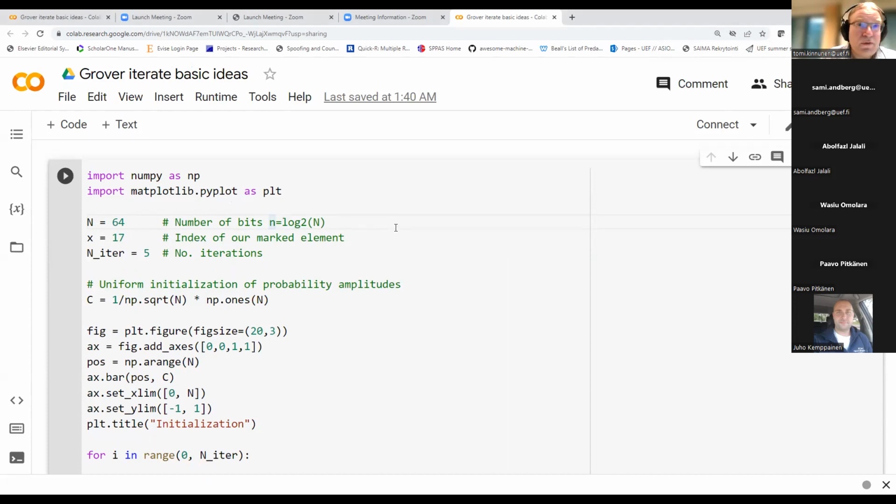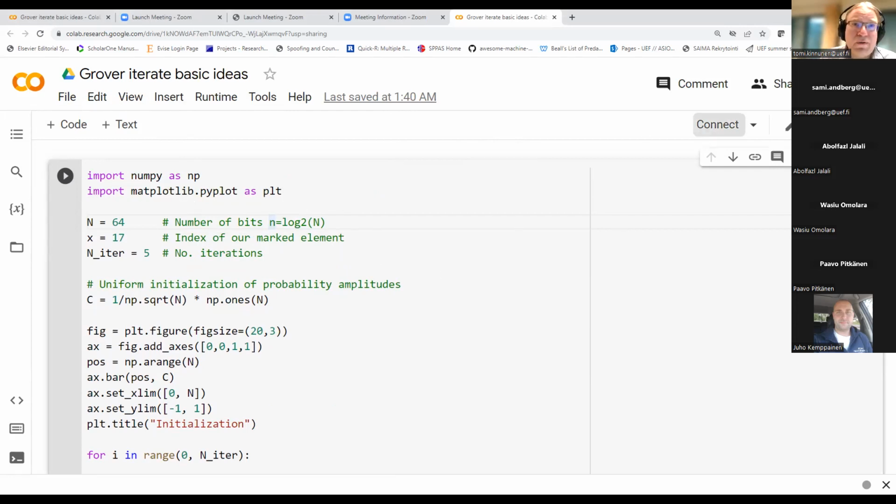For those who are not familiar with Google Colab, what we are using is a very simple, intuitive web interface. You could make your own code by making a new notebook, but basically this play button here will run your Python code. You don't have to install anything, no Python, no libraries, just include whatever you want to do in your code.